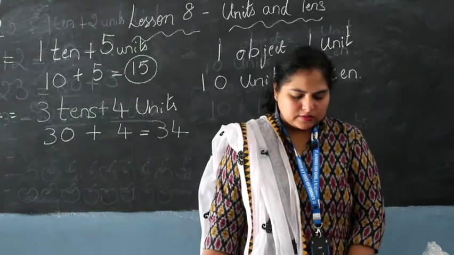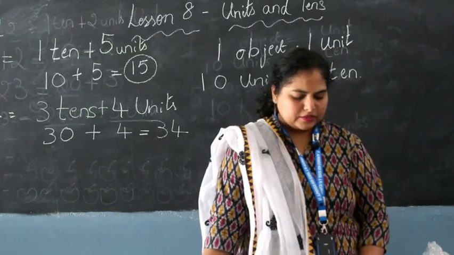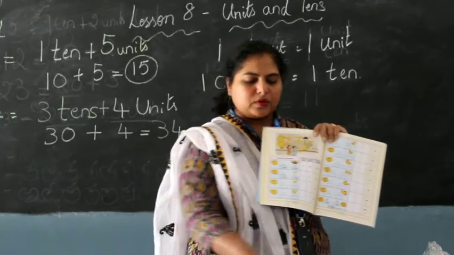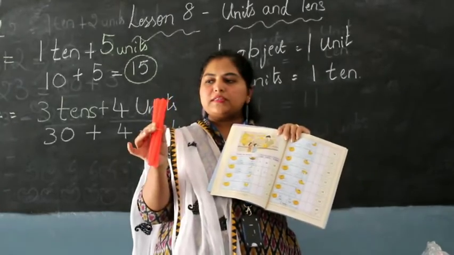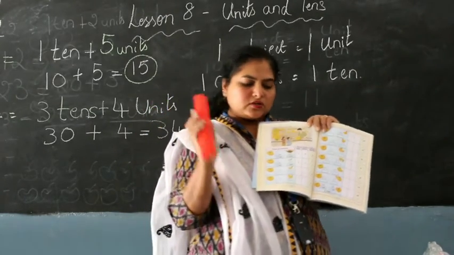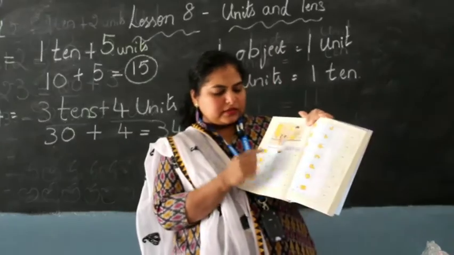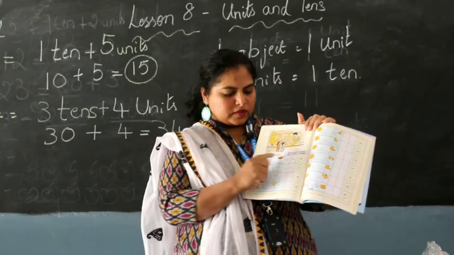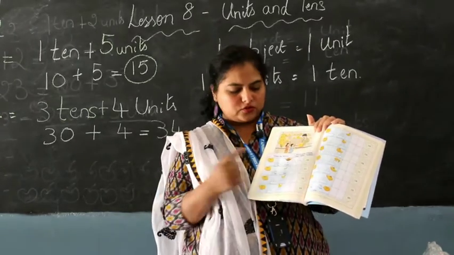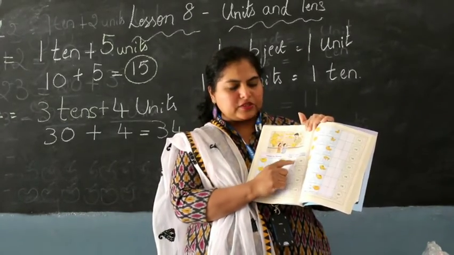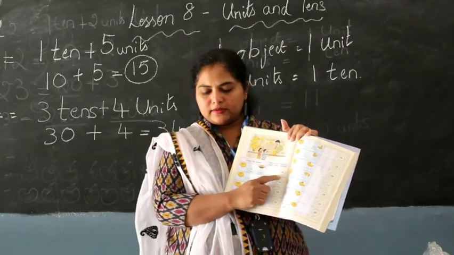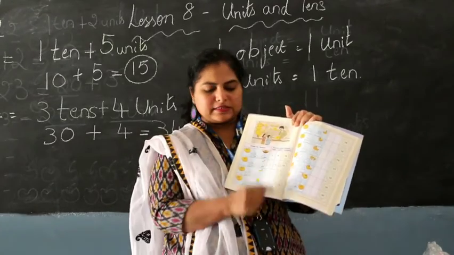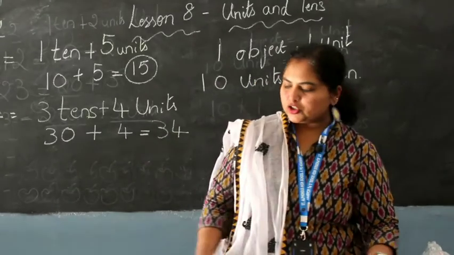Count the bananas. Write the number of bananas in tens and units. Now they have given you one set of bananas. Like I said, one set of straws. Now this one set I have made 10 and I counted. So one set of bananas is 1 ten. Now in this basket there are no other bananas, so it's 0. So 1 ten plus 0 units is equal to 10. Correct? 1 in the tens column, 0 in the units column is 10. So let me write it down and show you all.